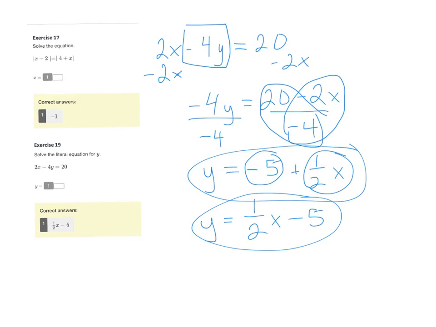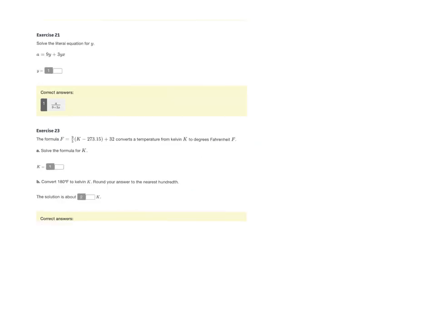Alright, one more page. 23. We've got a is equal to 9y plus 3xy. And we're solving for y. So what we're going to do is factor out a y. So I'm going to have a is equal to y. That's going to be 9 plus